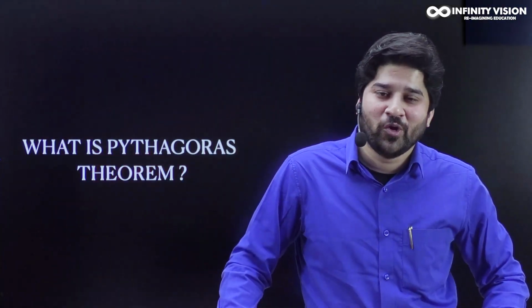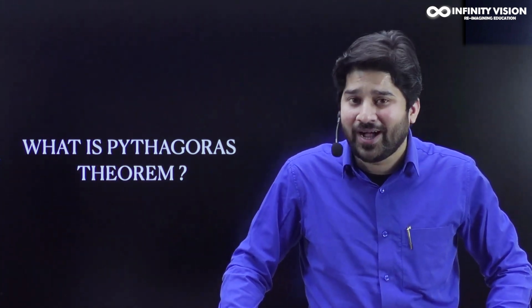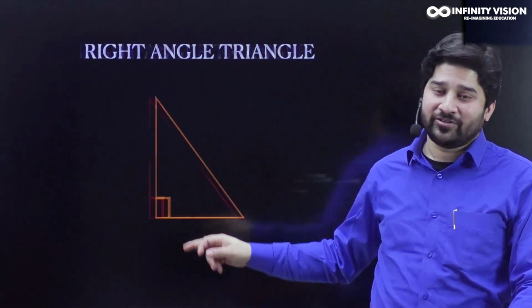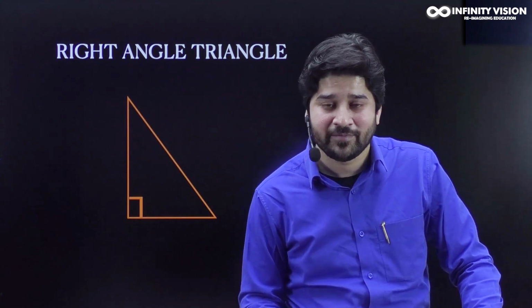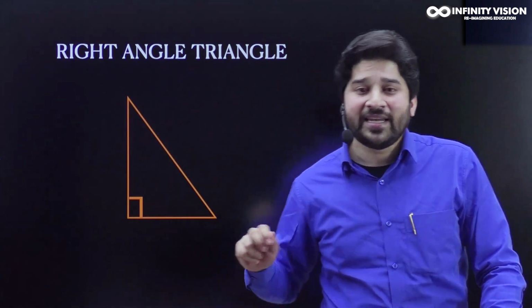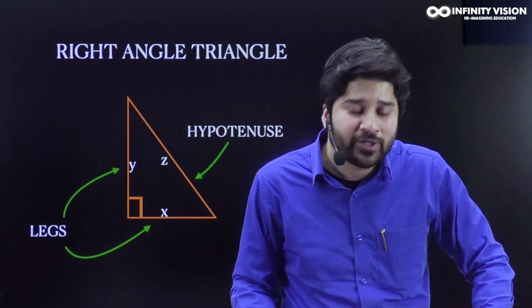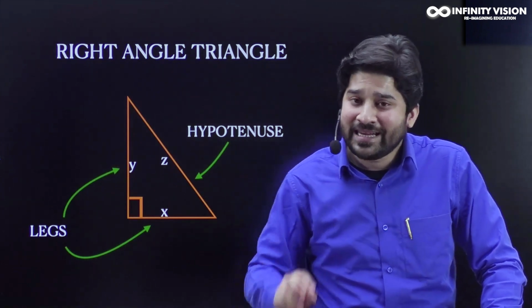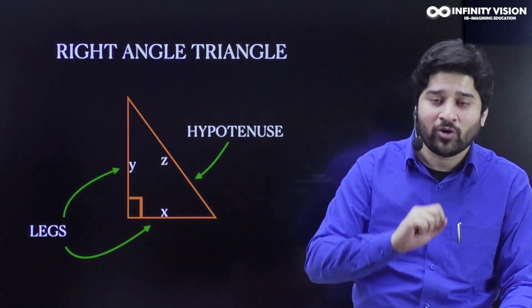Pythagoras Theorem, one of the most important equations in the world. If anybody asks you what is Pythagoras Theorem, you should begin with a right angle triangle, which means a triangle whose one angle is 90 degrees. The side opposite to the right angle, that is the longest side, is called the hypotenuse, and the other two sides are called the legs. Let's say the length of the legs being x and y, and the length of the hypotenuse